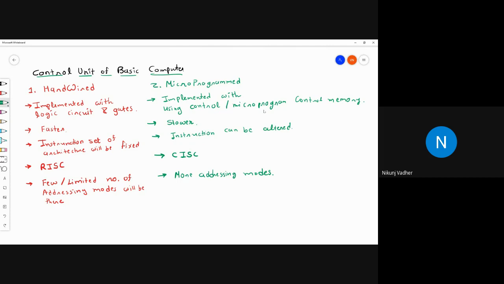Now, the control unit. How will we define the control unit?